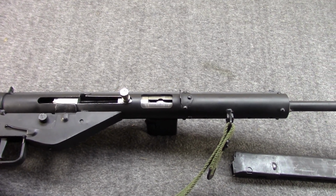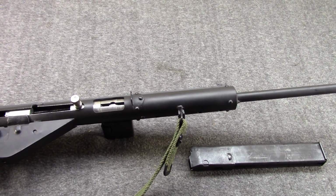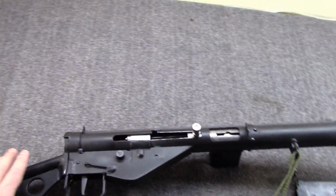With not a whole lot new coming in by import, and honestly domestic manufacturers barely keeping up with demand on current models. Hi, Hobo. And Hobo's out here. Yeah. Anyway,